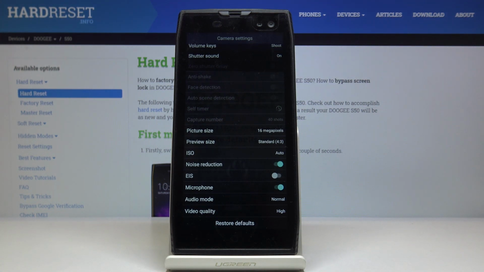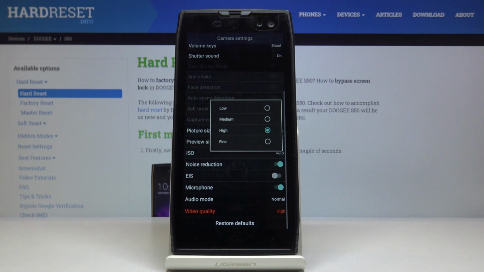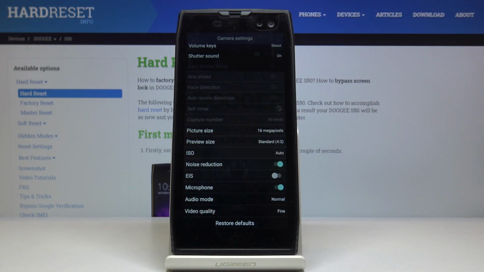So if you would like to change video resolution, smoothly click here and now pick the one that you would like to apply. So you can pick fine, high, medium, low. So let me go to fine. And that's it. As you can see, it has been already changed and you can record videos in this better